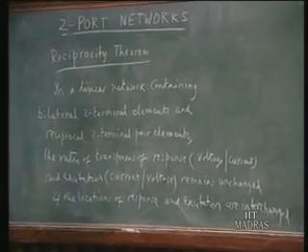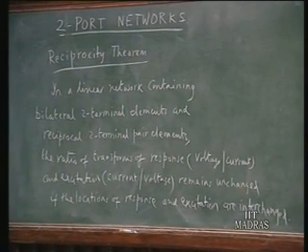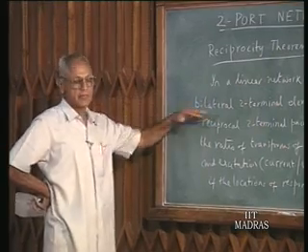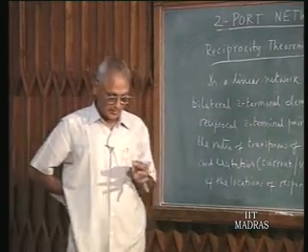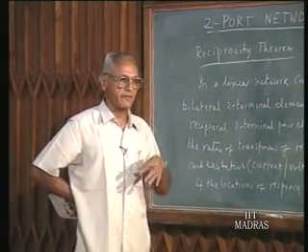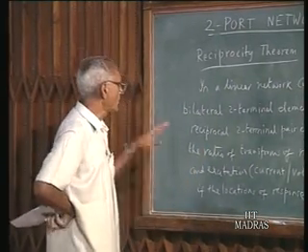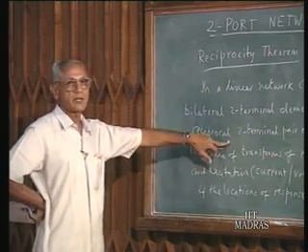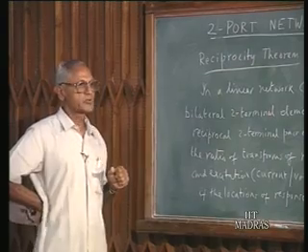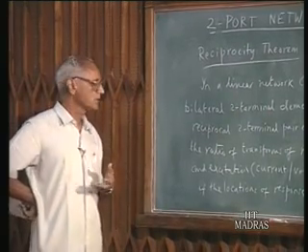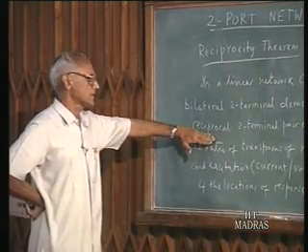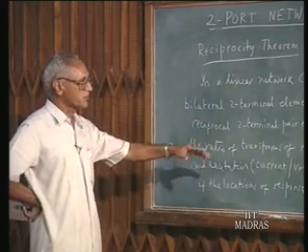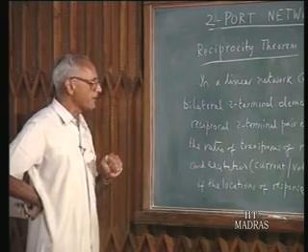First of all, let us see what this means. We are talking about a linear network containing bilateral two terminal elements. That means the ratio of voltage to current, the form of the relationship, remains the same whether the current is in one direction or the other. All our RLC elements are bilateral two terminal elements. Reciprocal two terminal pair elements means you have two terminal pairs, and your mutual inductance M12 is the same as M21. Such elements are called reciprocal elements. So, if you have RLCM elements, the ratio of transforms of response to excitation will remain the same